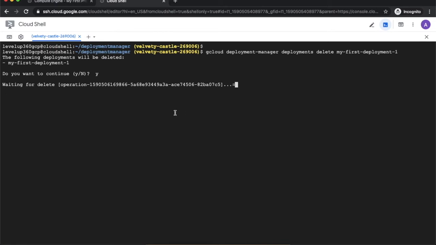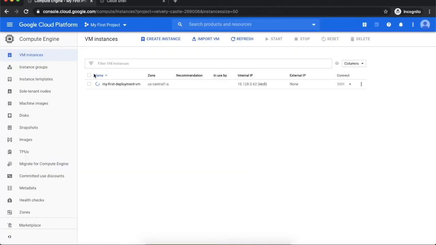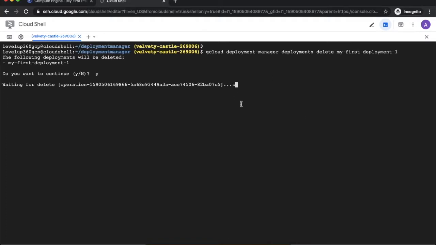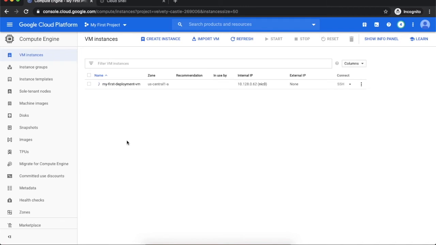And now if we will go to the cloud console and we will go to the compute engine, you can see my instance is being deleted. Although that instance is also the part of the another deployment which I just created first before this duplicate deployment. But whenever I am deleting the duplicate deployment, it is basically deleting my instance as well. So by this particular way, we can understand if we have the common resources in multiple deployments, and whenever we will delete any of the deployment, that all the common resources between these deployments will be deleted from the Google Cloud.